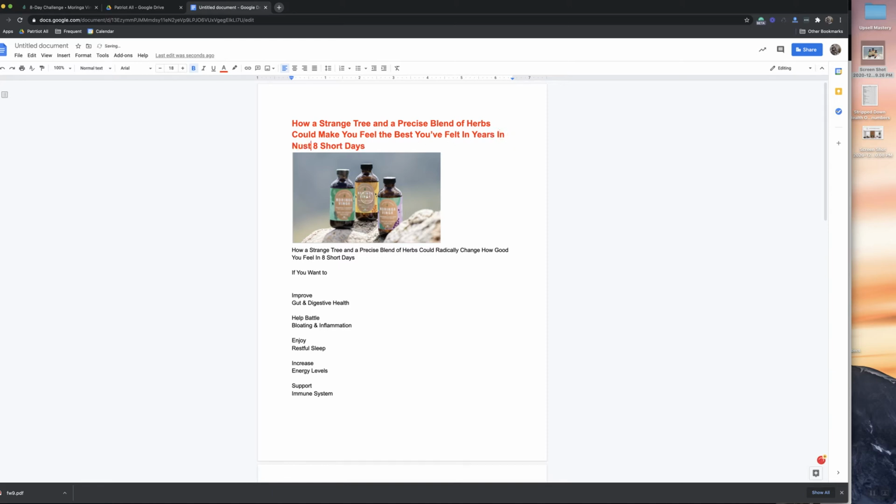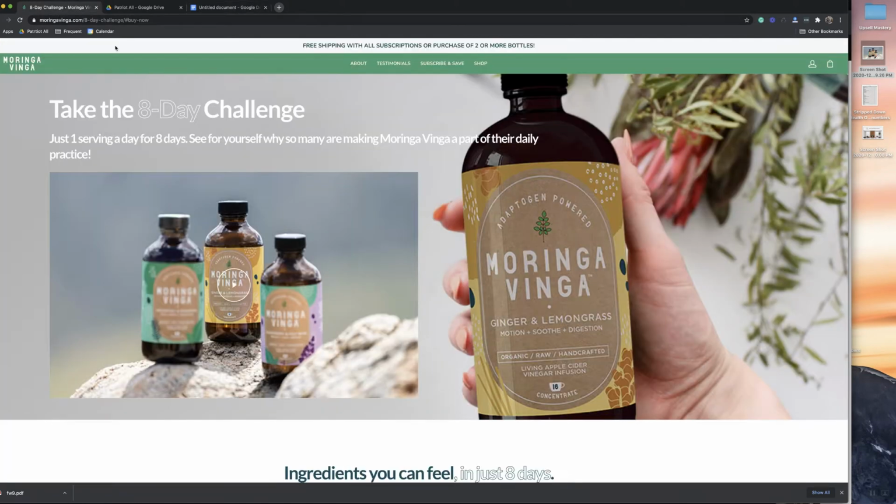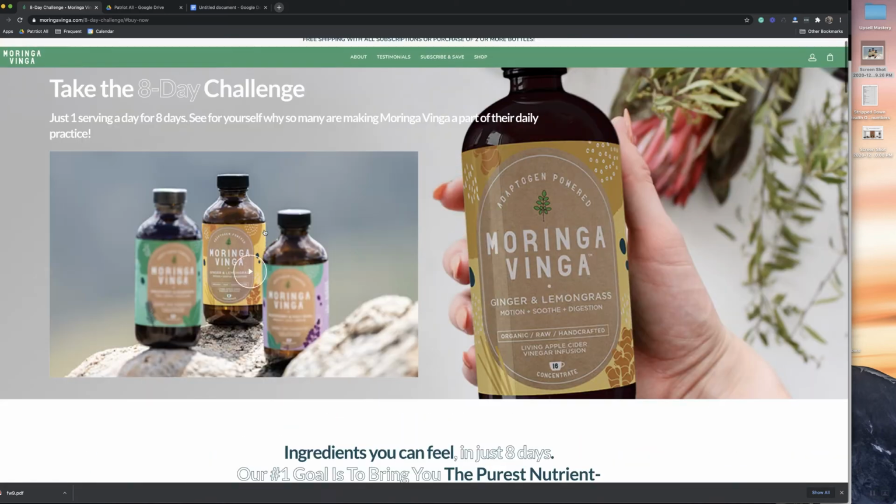Okay, so just so you can understand why I'm saying this, it elicits curiosity. People want to know about what this strange tree is. They want to know about the herbs. And here you're making a big promise about what's going to happen. And then I would do this: if you want to improve gut health, all these, you can have them laid out like you have right here, but move them